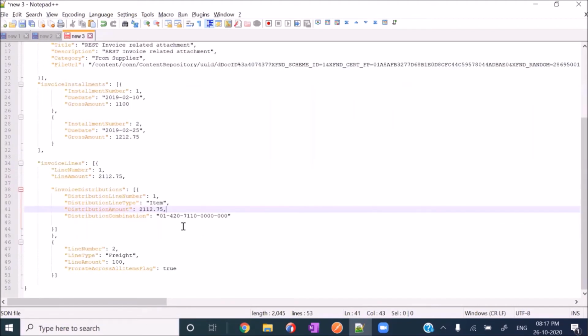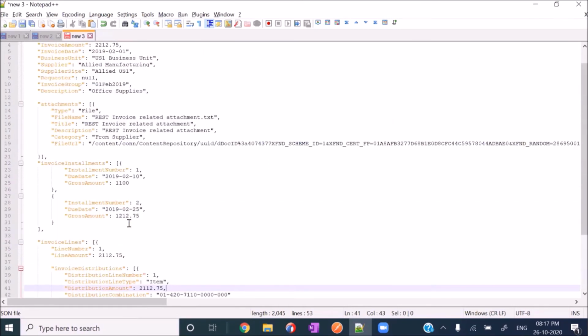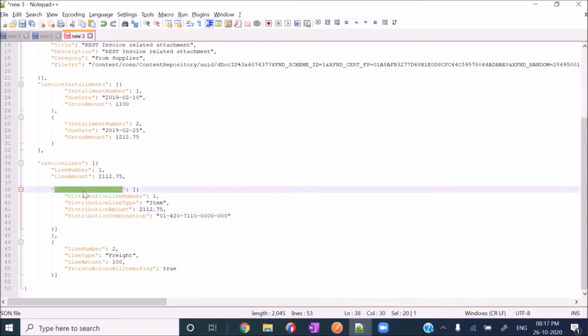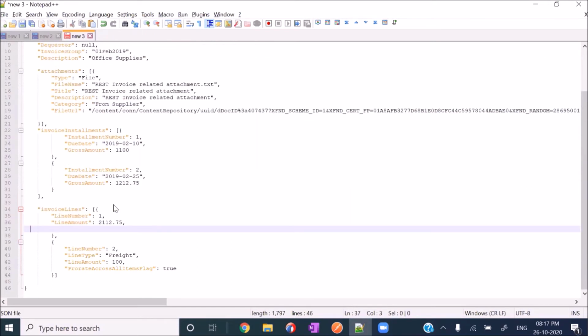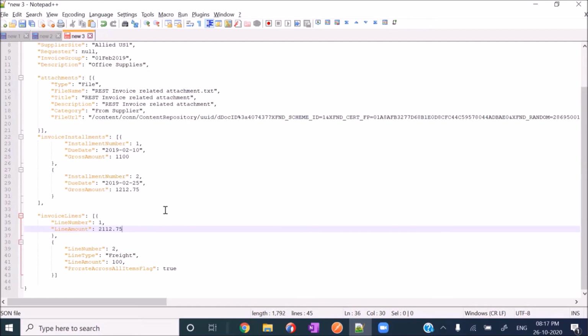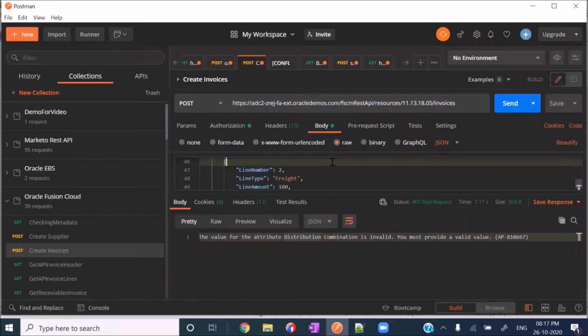As of now, we are trying to create an invoice with lines, right? So I'll just remove this distribution part completely. That's it. Now I'll try once again.